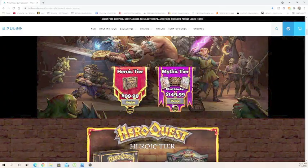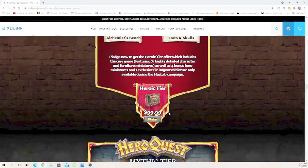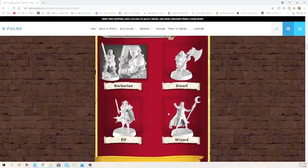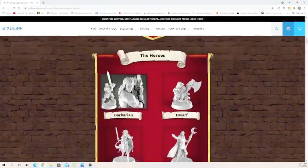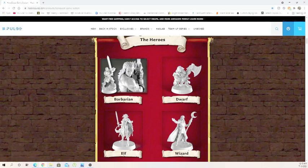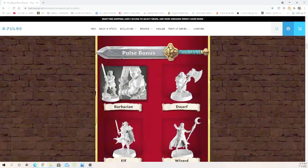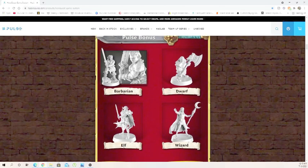Okay, so it's the Mythic tier I got. So let's go to here. So Mythic tier. Let's just recap what we're going to get, just in case you didn't see. Under the hero tier, you're going to get the 4 heroes, again, new sculpts. Then, if you back up through this, you're going to get 4 heroes, but